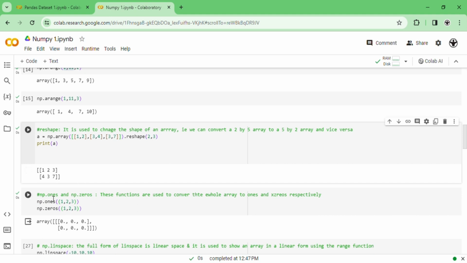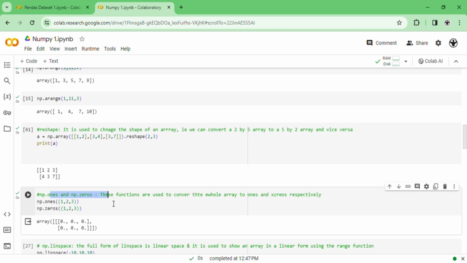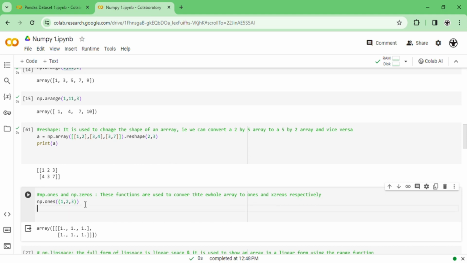And then we have np.ones and np.zeros. These functions are used to convert a whole array to ones and zeros respectively, and they are basically used in deep learning, where we have to convert the whole data sets into ones and zeros in those encoding and decoding processes. So we have this array and we are going to convert it into ones. Let's see. So it has been converted into ones, and if we want to convert this tuple into zeros,